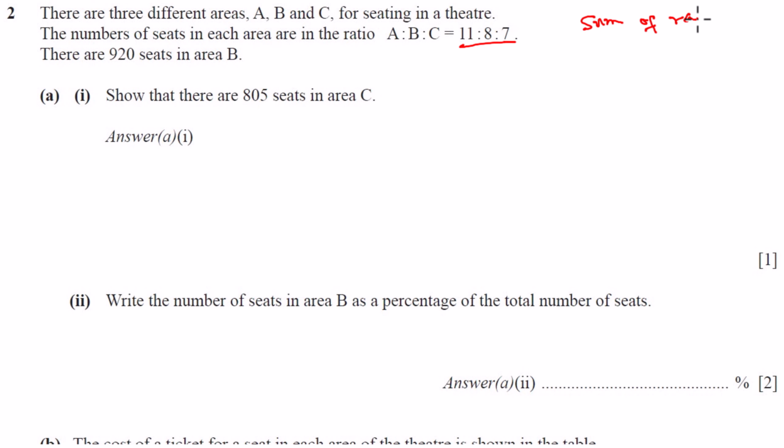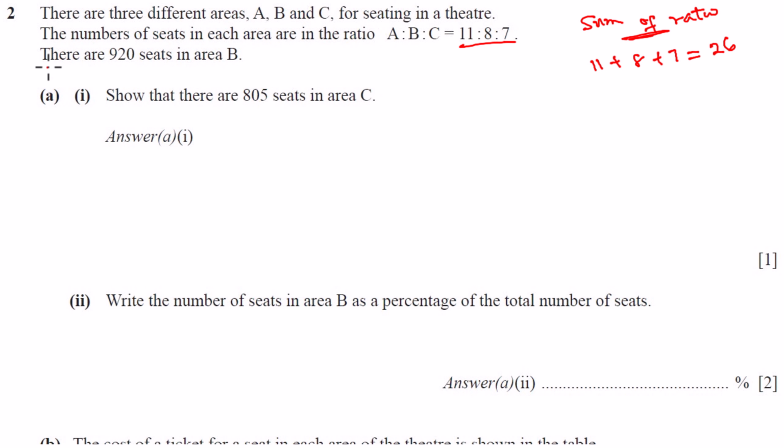Sum of ratio is simply 11 plus 8 plus 7, and that is 26. 11 plus 15 is 26. So sum of ratio is 26, and they said there are three different areas A, B, C for sitting in